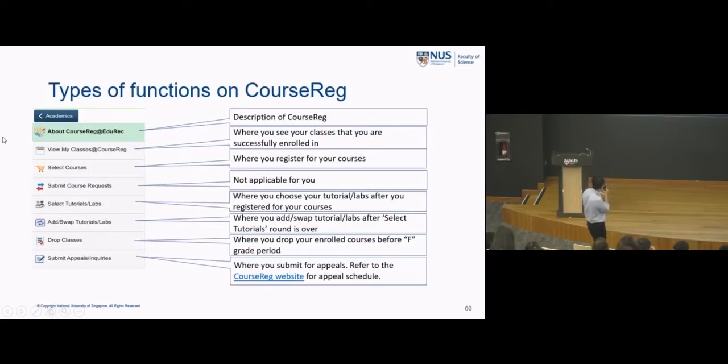Now at the bottom there is this appeals. That's also important because not everybody will always get what they want in life, in general. Okay, so we always want to appeal, right? Appeal. Right, so this one, important. I'll talk about appeals later, but please don't over-appeal because there's actually a human being looking at your appeals.